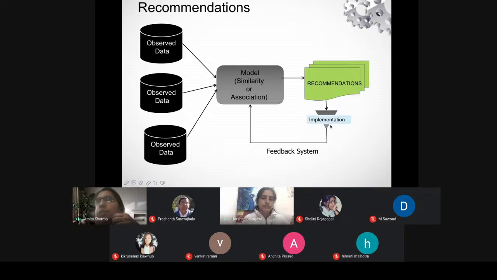This action is implemented, and from that implementation, we again generate certain kinds of feedback so that we can check whether the actions which we have planned are appropriate or not, whether they are improving our result or not. With this feedback, we again try to remodel or restructure the particular problem and get further recommendations. So basically, prescriptive analytics works in a looping format.